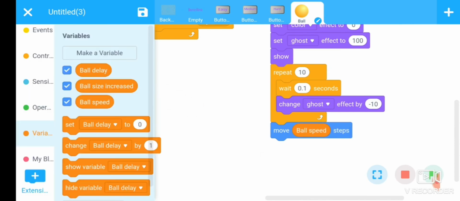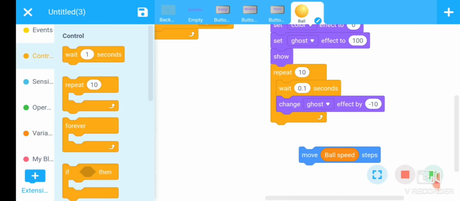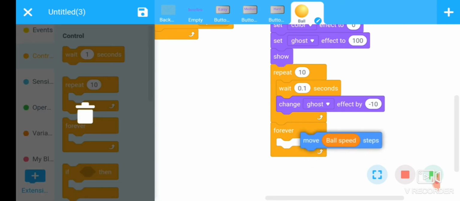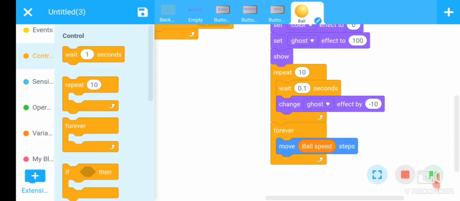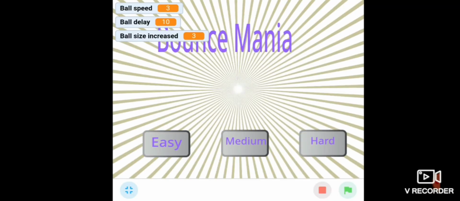Put this variable here, and this command should be present inside the forever loop. Put it inside the forever loop. Now again run the program.